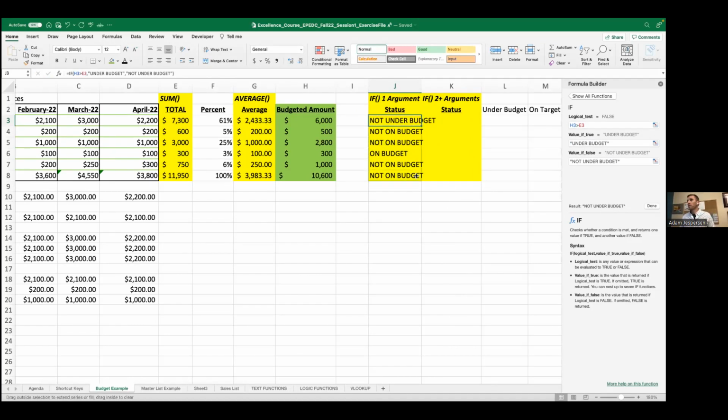And now I'm going to click and drag this down, and I can see that I have one that's under budget and the rest are not under budget. One of these is on budget, and the rest must be over. So now that told me something else. I could also do